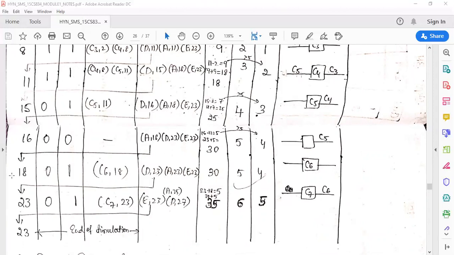Again, remove the imminent event from the list. So A comma 18, arrival event. So schedule the next arrival and departure. Departure is already there. So schedule the arrival, right? So once you schedule the arrival, you will come here, right?